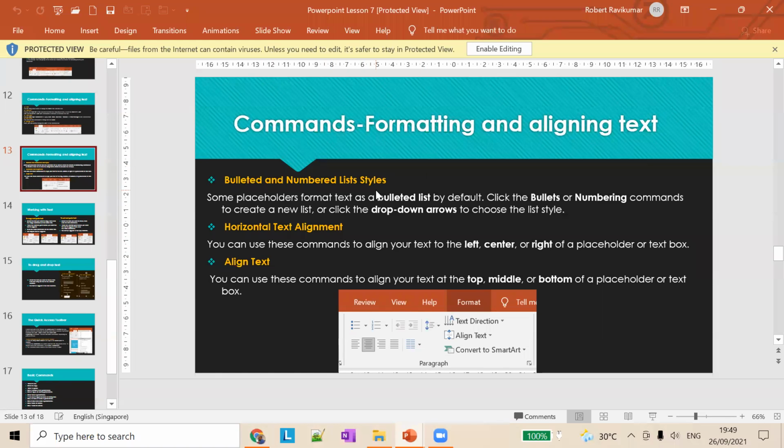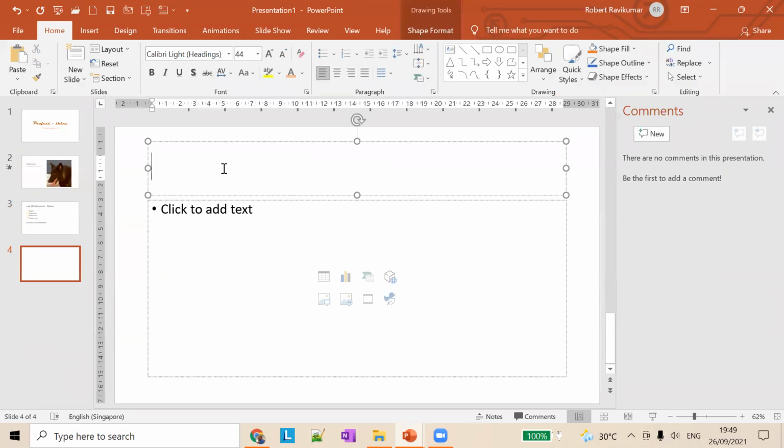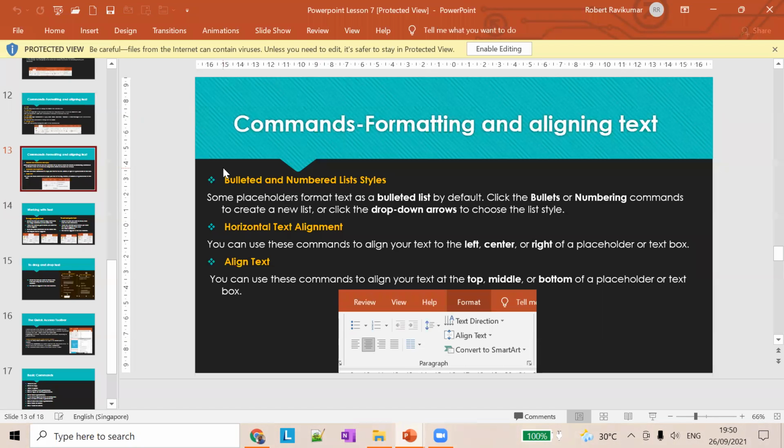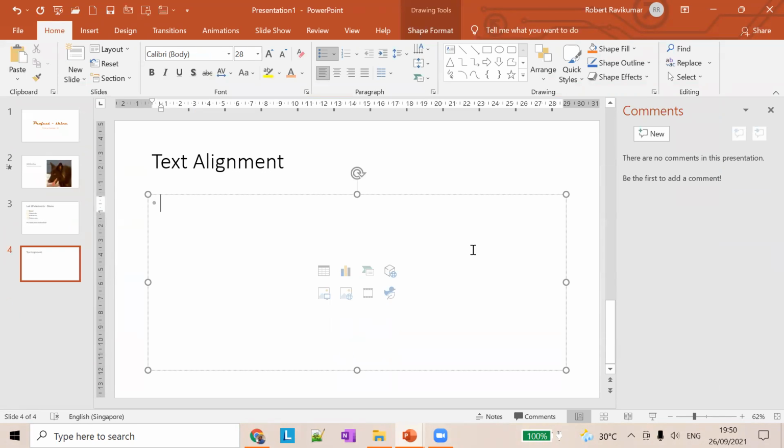Then we'll learn about text alignment. We'll add a new slide and learn about text alignment. For horizontal text alignment, you can use these commands to align your text to the left, center, or right of a placeholder or a text box. This is a particular placeholder, so here, if you want to add some text...